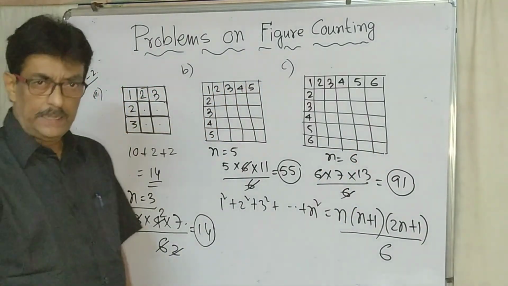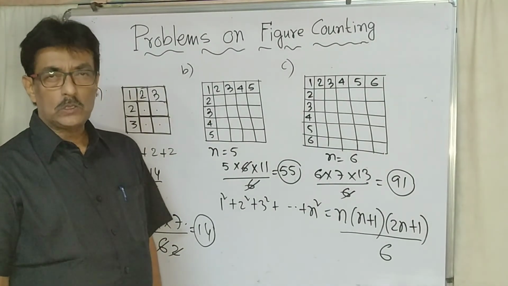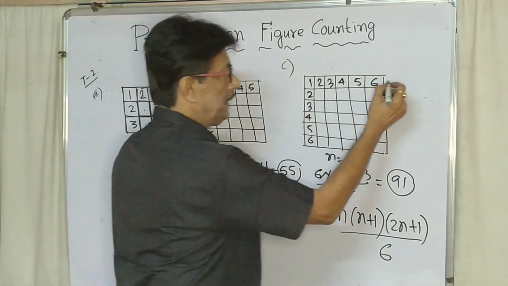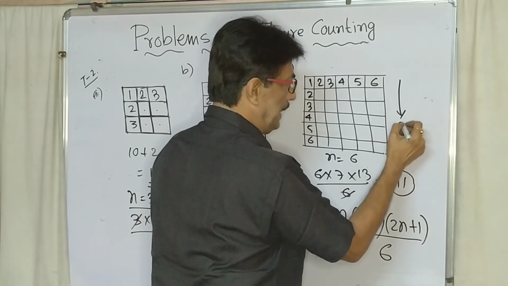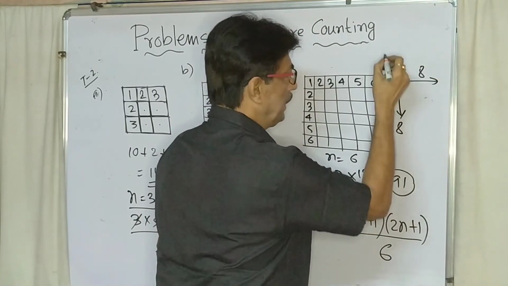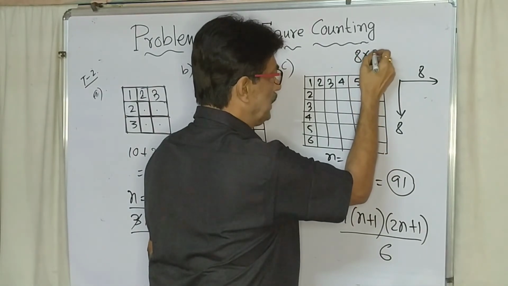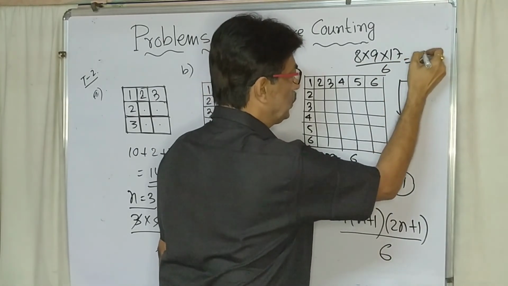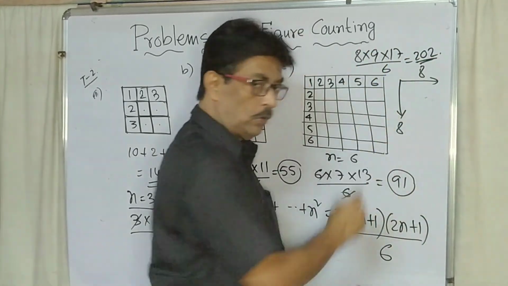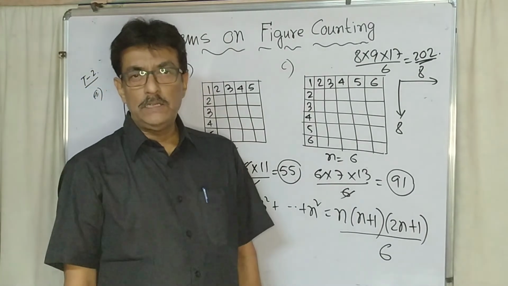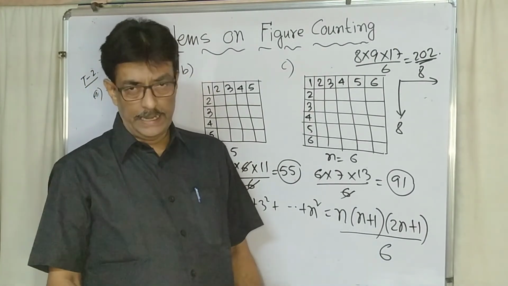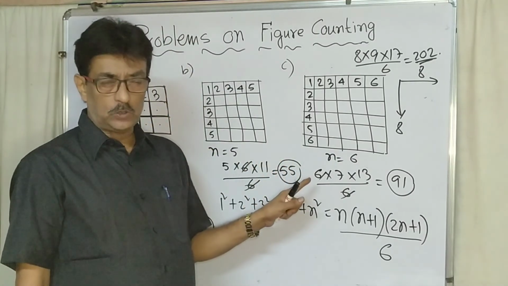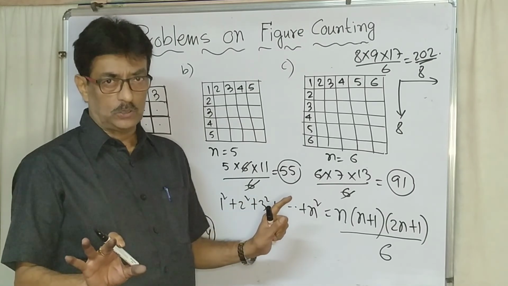Now if they are not giving any figure, and ask how many squares are inside a chessboard, count the vertical lines 8 and horizontal lines 8. So put 8 into 8 plus 1 is 9, 2 into 8 plus 1 is 17, by 6. Your result is 204. Remember, do not count from home. If they ask how many squares are inside the chessboard, put n equal to 8. Now remember the condition: only a square is to be treated as a square; no rectangle can be called a square.